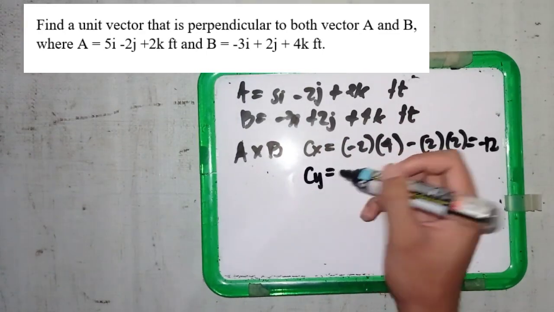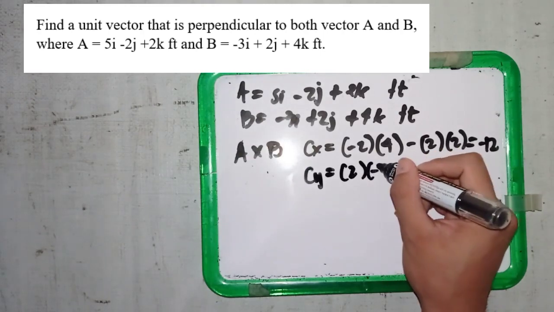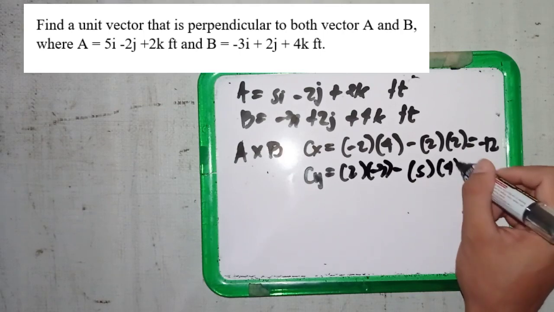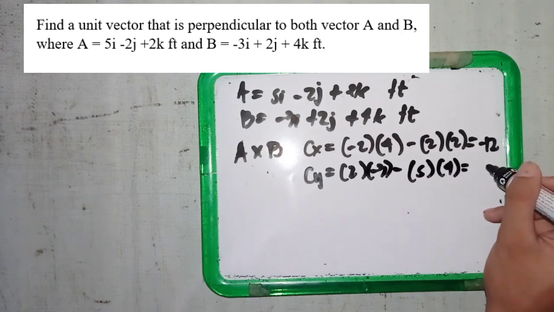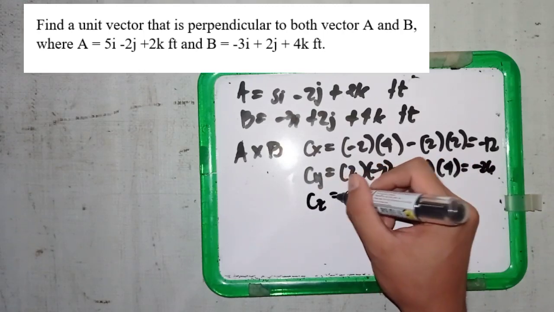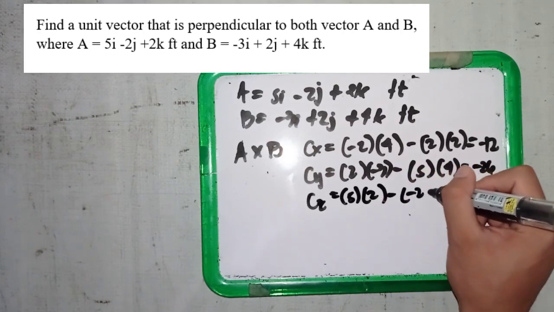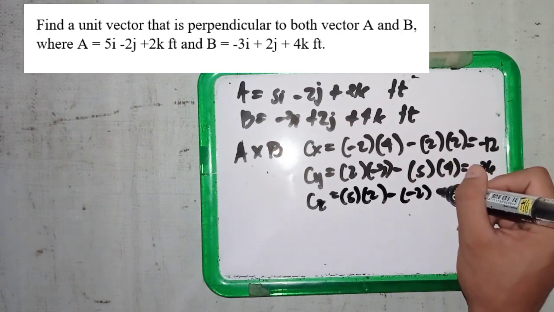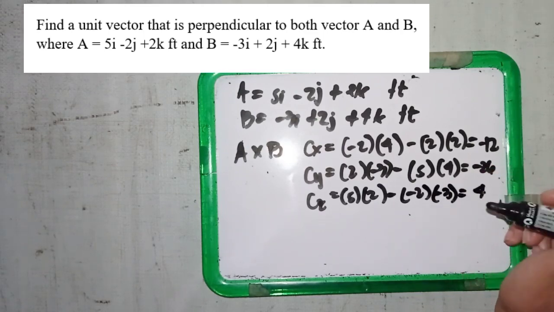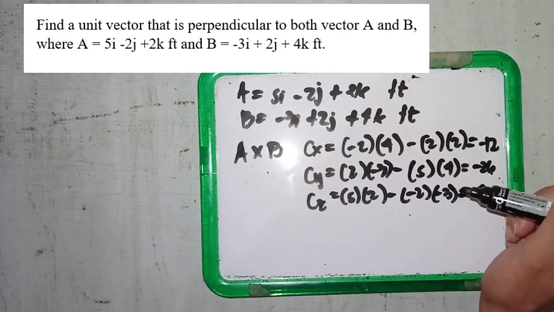And next is the y component. We have here is 2 times -3 minus 5 times 4, which is equal to -26. For the z component of C, 5 times 2 minus -2 times -3. We have here is 4. And actually